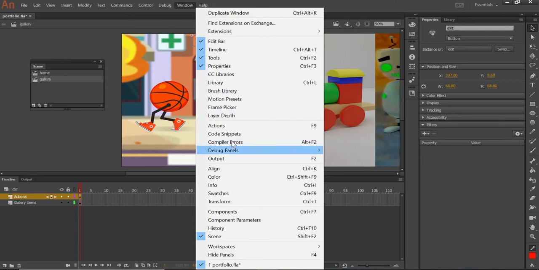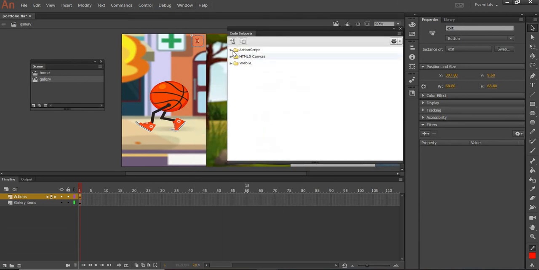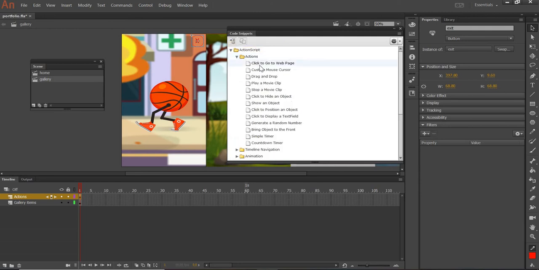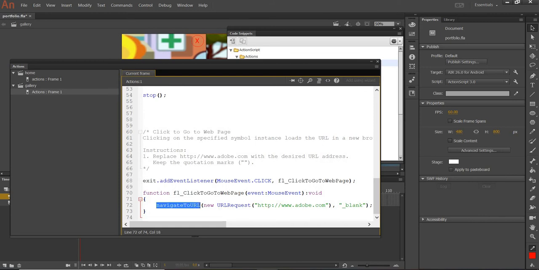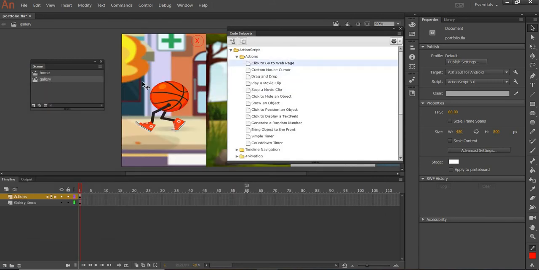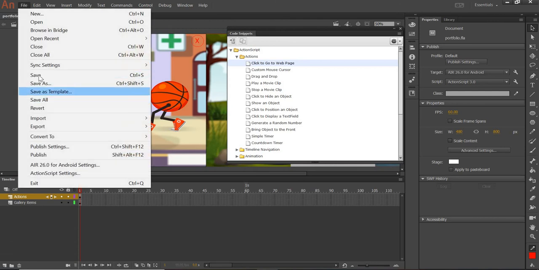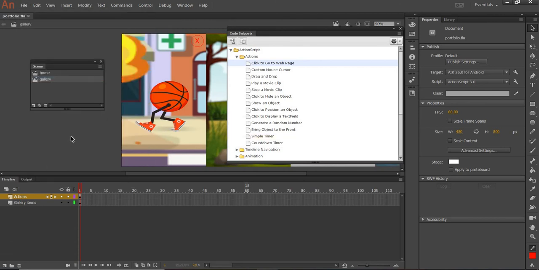And then we need to add action, so code snippets, and just use this first one. And here we are going to remove the last line which says navigate to, and we are going to type native application dot exit. So it's a capital N, capital A, and then small n and capital A here, and then exit. So once you type that, this will be used to exit. Okay, so if you hit Control Enter,